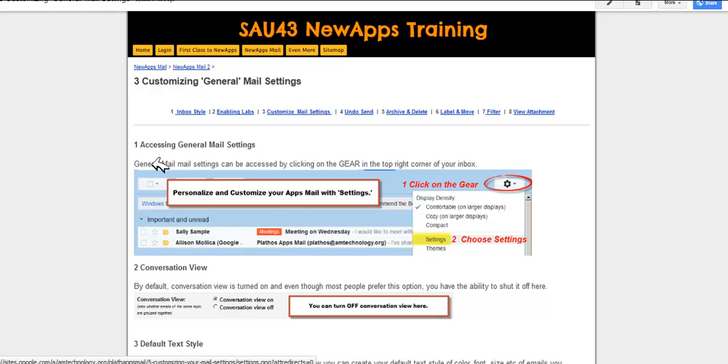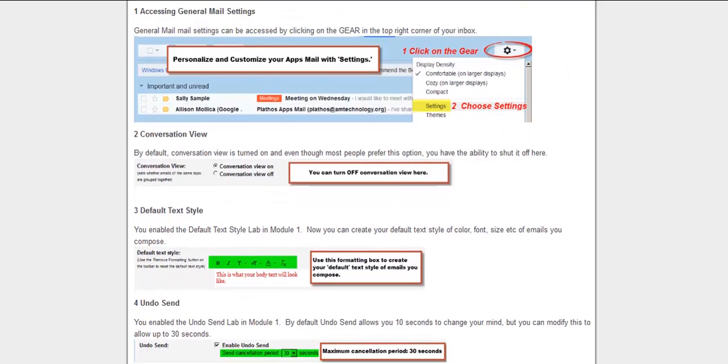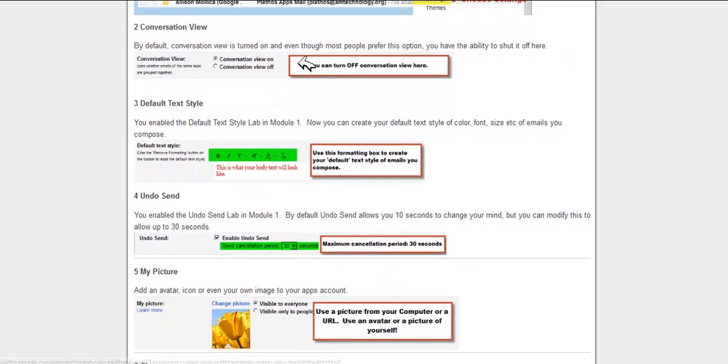In this tutorial, we'll walk you through customizing some of your general mail settings. We'll first show you how to access your general mail settings through the gear, choosing settings, and once there, we'll walk you through how to turn conversation view off in case you don't want it on, how to modify your default text style,